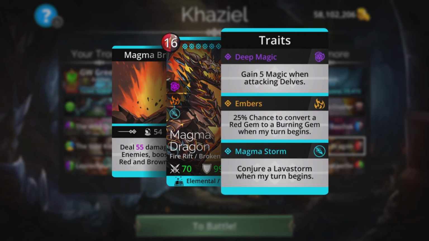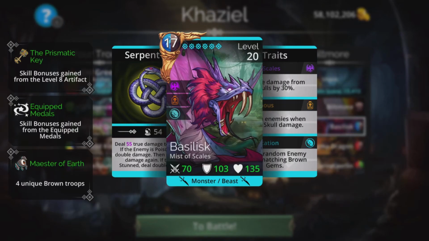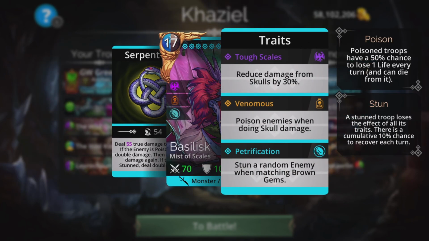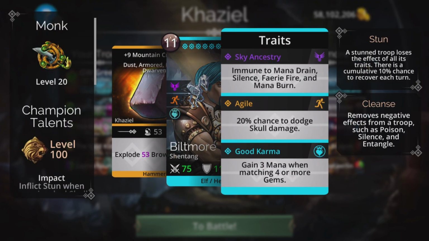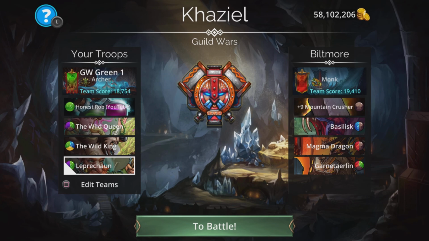Magma Dragon guarantees a constant amount of red and brown. It does damage to all as well. And this thing is really dangerous, does a lot of damage, and that stun is there for their team's protection. And Mountain Crusher is a really quick, fast mana generator. So yeah, this is a good little team. I quite like this. But I'm going to go for it with this team, my sort of standard aggressive, but